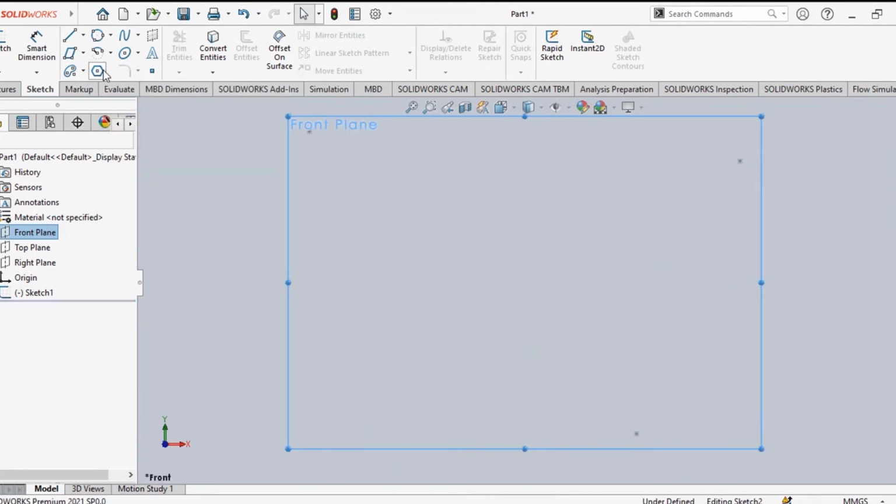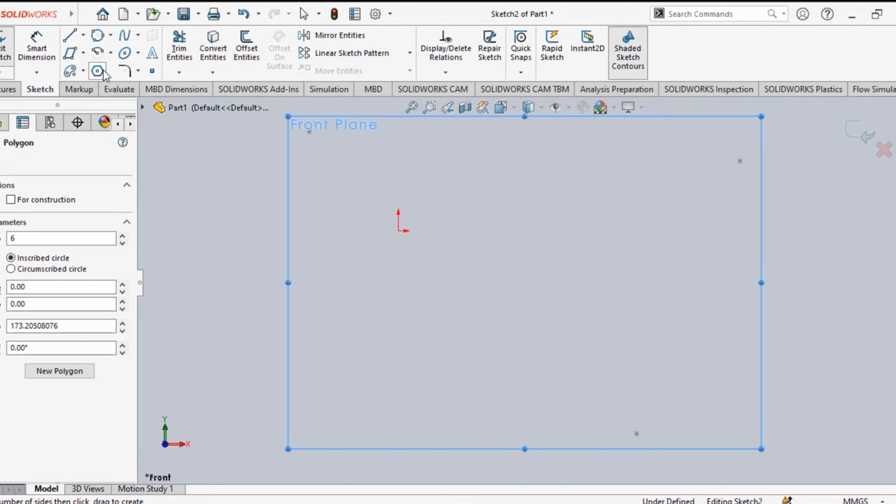Here, see, polygon means it will be a regular shape which is having more than two sides. Now here, can anybody say how many maximum sides can be drawn in this SolidWorks? How many maximum sides can be drawn? Anybody? Anybody has any idea? Polygon means what? It is a closed diagram with more than 2 sides.